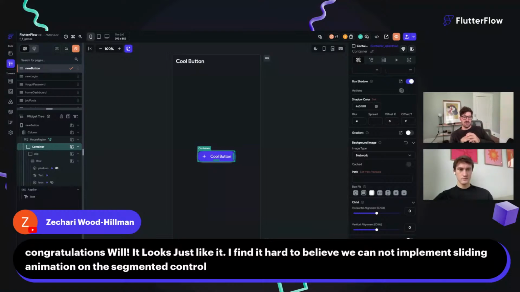It would require a lot of custom if-then-else statements. But beyond that, if you had like 3 segments to a control, you could do a custom sliding animation on that as well, I think. It would be nicer if we just provided that natively in tabs, but this is something that I think can be done in a segmented control. So maybe we'll try to build that. Will could share it